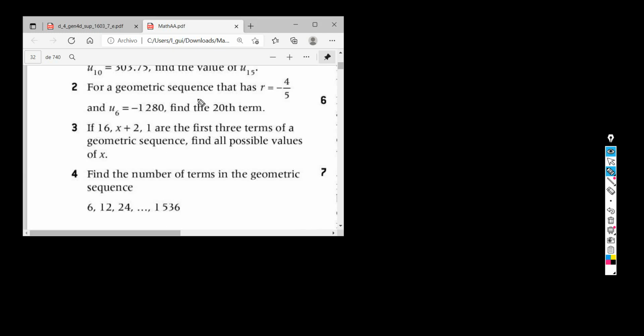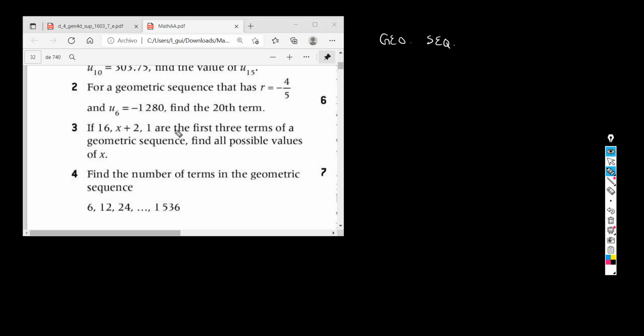Also from that same section 1G, we get the problem number 3. You asked me about this problem. If 16, x plus 2, and 1 are the first three terms of a geometric sequence, find all possible values of x. All right. So we are considering a geometric